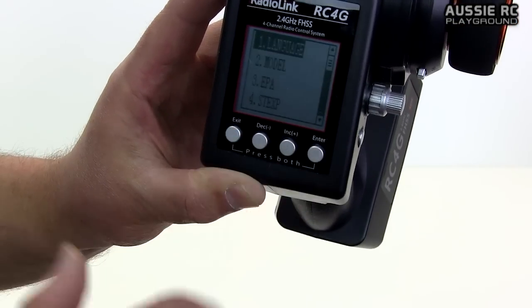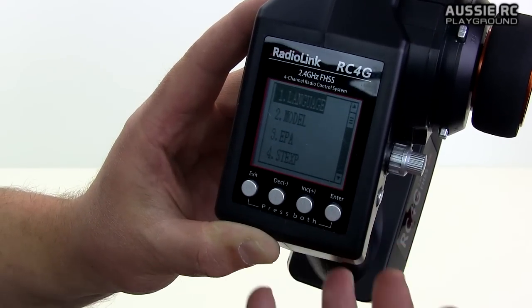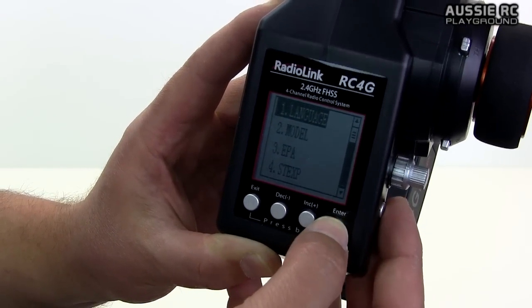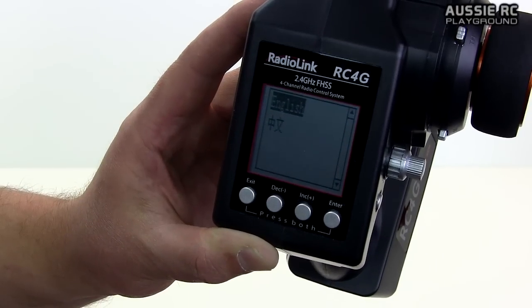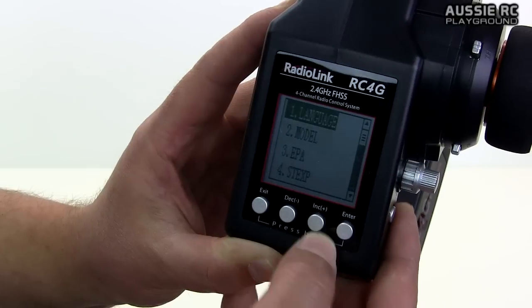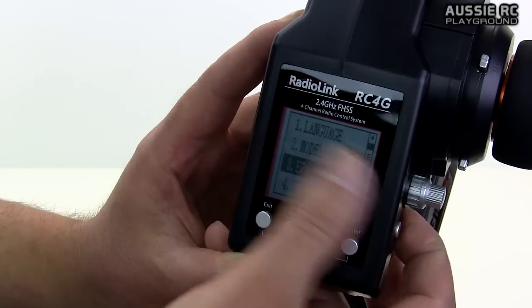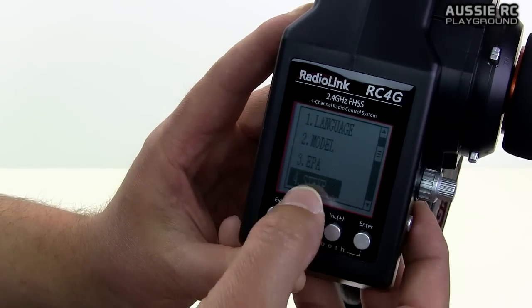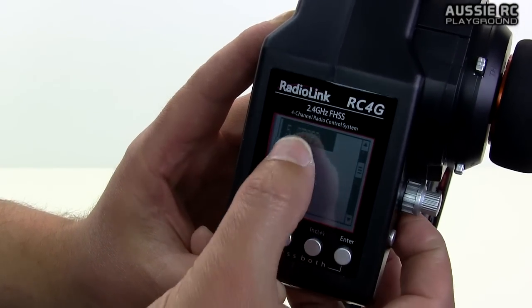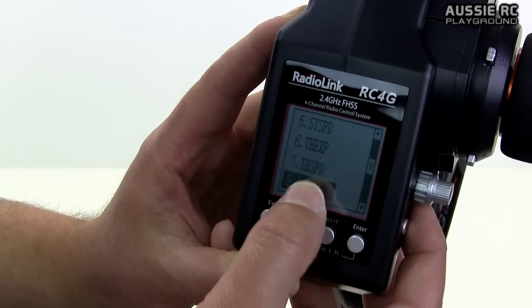Press and hold, brings up the menu. First thing you'll see is of course your language. Now languages, you really only have 2 to choose from. If I go into there, you have English and Chinese. That is it. All right. Model, scroll down. You can select your model that you want to use. You got endpoint adjustment. You got steering exponential. You got steering speed. You got throttle exponential, throttle speed, ABS,